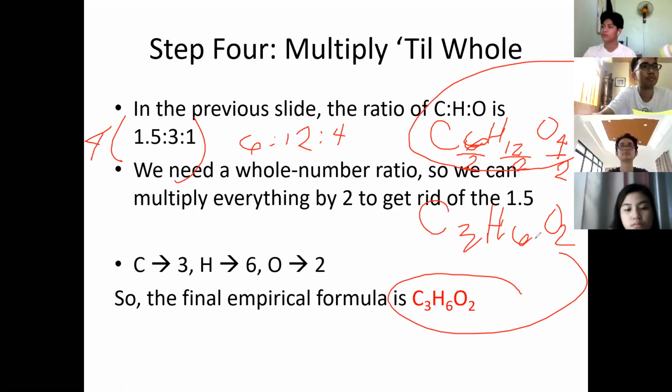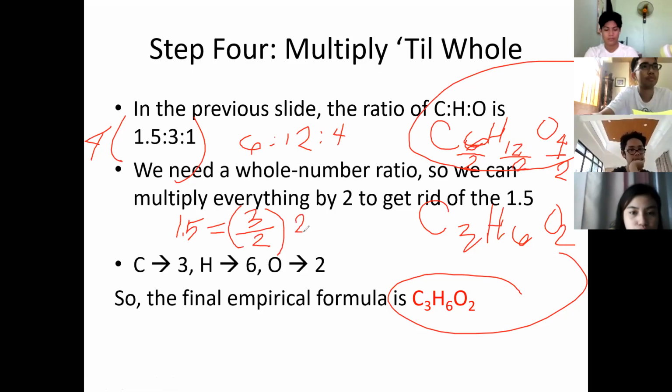Sir, is it always 2? Again, this is dependent on your decimal value. For you to know how to change the decimal to a whole number, and to choose the exact value of your multiplier, express this as a fraction. To eliminate the denominator, which is 2, the multiplier will be 2. Then the rest will also be affected by the 2, making it 2 times 3, which is 6; 2 times 1, which is 2; 2 times 1.5 is now 3, which is this one.